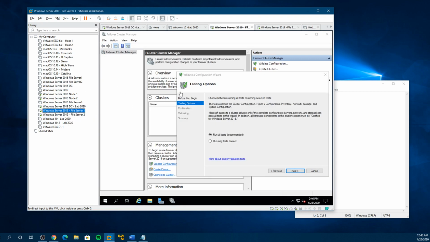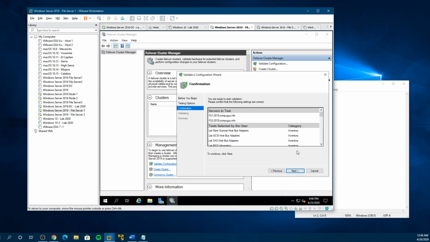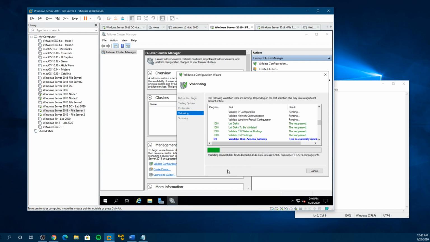So let's go file server 1 and now we're starting to do the tests. This is going to go through all the tests to make sure everything we're doing will allow us to run the cluster. Sometimes you'll run into some errors that you could just bypass and ignore anyway. Let's take a look at what we have. Now you always want to try and have as many green as possible, because once this cluster setting goes through,